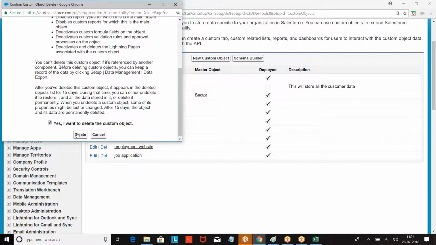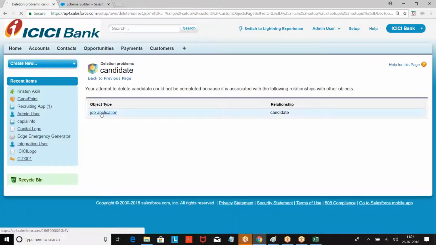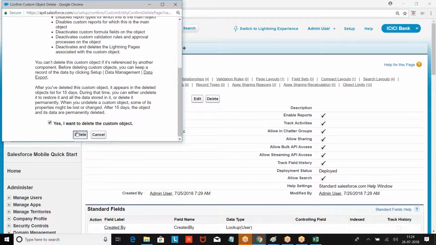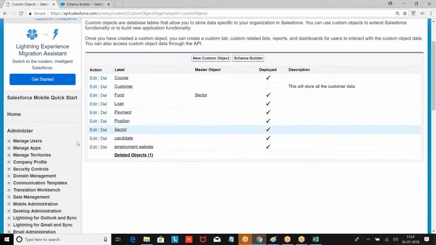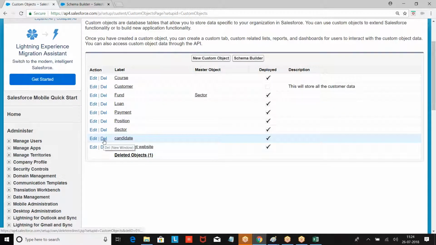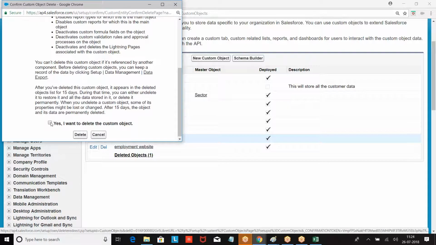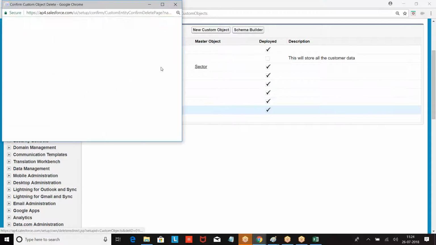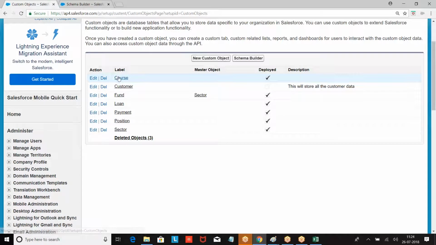Right. Let us go to this. Well, at least create with the proper terminology. So course, customer, fund, loan, payment, position, sector.